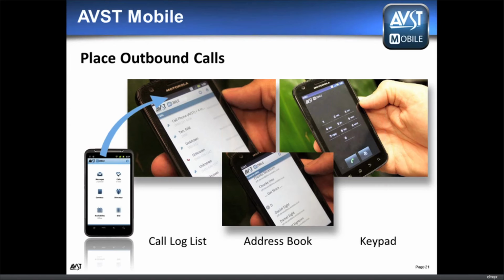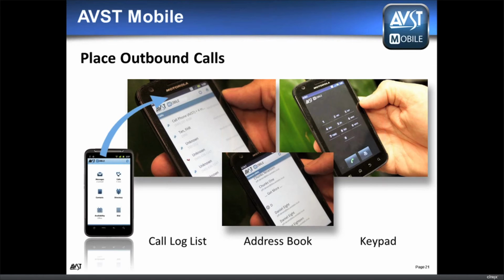So just as important, probably more important in terms of supporting a BYOD, but in this scenario is what happens when making an outbound call. And in support of a bring your own device program, personally, I don't want to expose my personal cell phone number to my business contacts. So the best way to accommodate that is by actually using the CX and through the mobile app to make the call. And in that case, what my called party will get is my corporate caller ID, not my personal